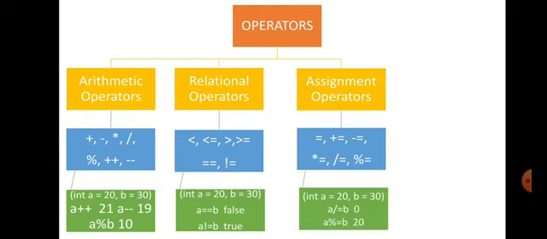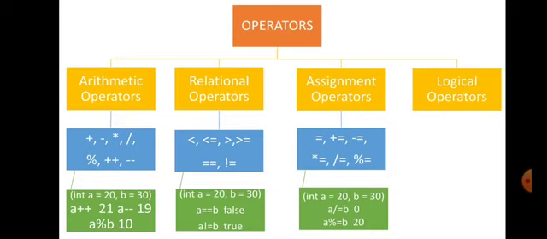Let us see with an example. A is 20, B is 30. A slash equal to B means A equal to A slash B. What is A? A is 20. 20 slash 30. Now what is the divided value? That is the quotient value. The quotient value is 0 because it cannot be divisible. It is not divisible. So the quotient is 0. But look at the remainder value. The remainder value is 20. And finally that remainder value is going to the modulo symbol, which is the percentage symbol.